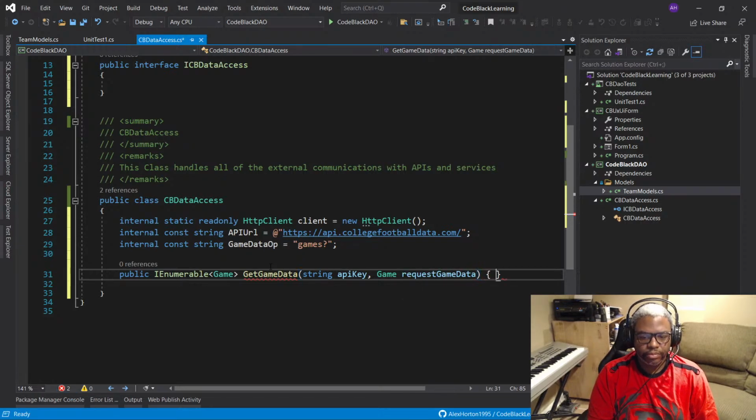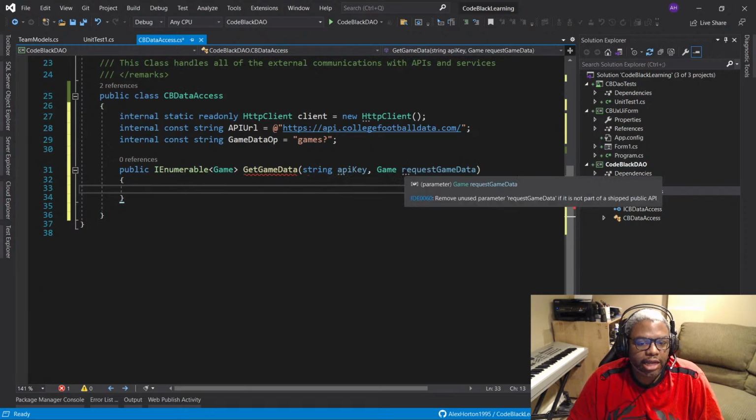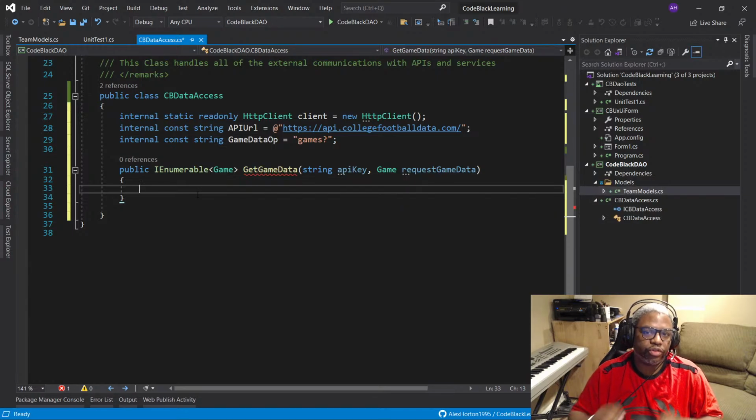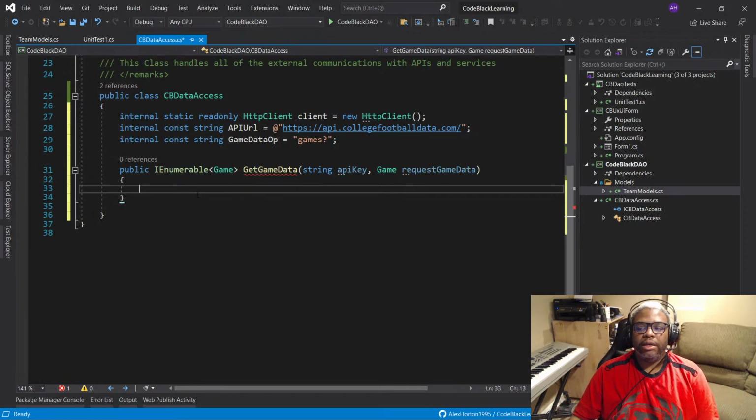Okay. Now, for parameters, like here, I can camel case these. See how I'm doing that? These are parameters. And for variables that you're going to throw away, you camel case. Okay. Now, our